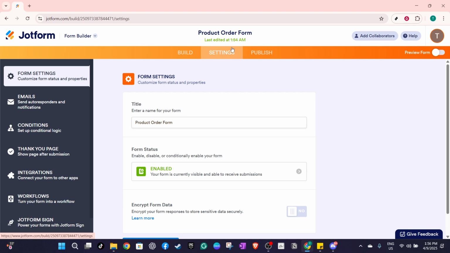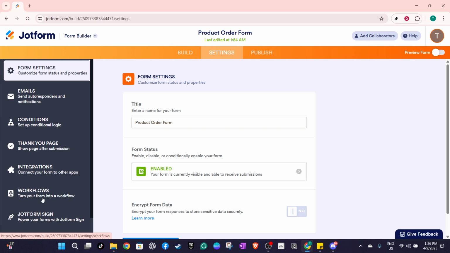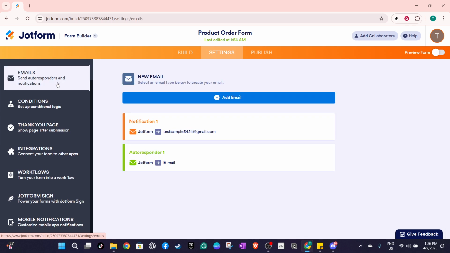On the left side of the screen, you'll see a menu. Click on Emails to proceed. This will open up several options related to email communication within Jotform. From here, select Share on Email. This selection will bring you to the email sharing interface, where we can set up everything needed to send out